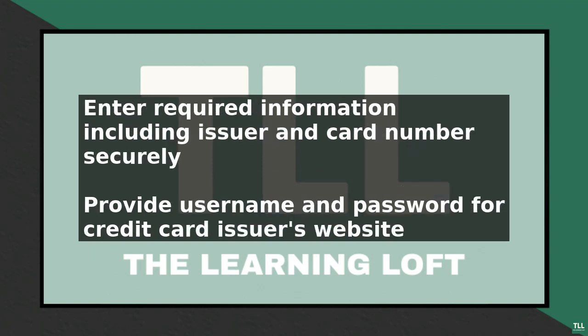After entering the required information, Awardwallet will attempt to link your credit card account. If the connection is successful, you will see your credit card account listed in your Awardwallet account. You can then use Awardwallet to track your credit card rewards, including your current balance, rewards earning history, and redemption